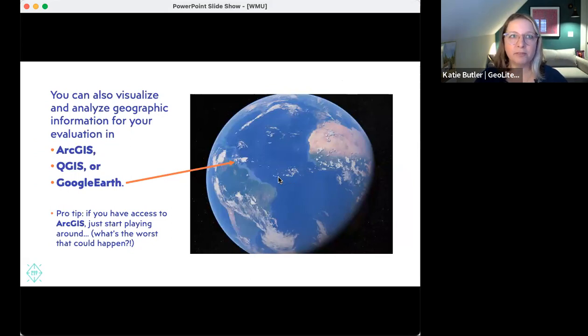You can visualize information in, I've mentioned ArcGIS already. It's the program that most people who use GIS are most comfortable with, including me. There's a program called QGIS. Some people call it Q-GIS, which is free. It's open source. It's downloadable. A word of caution, you kind of need to know a little bit about what you're doing to make it work right.